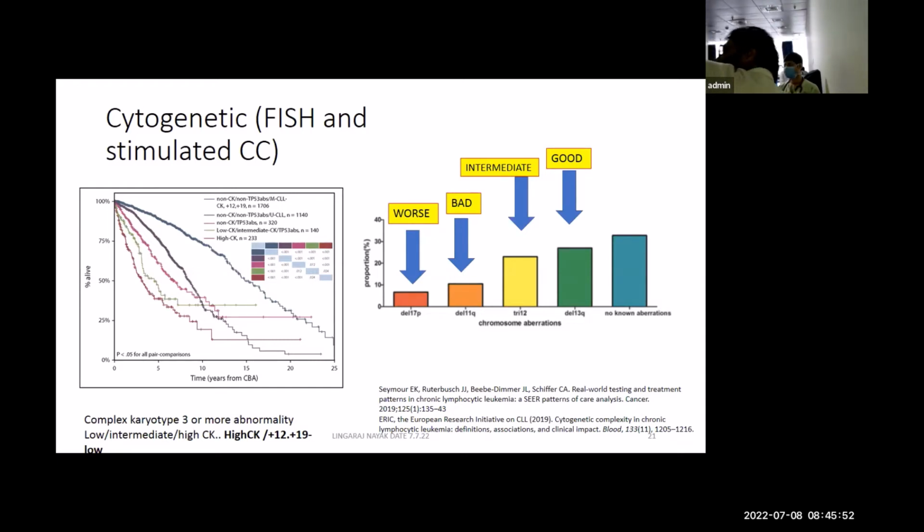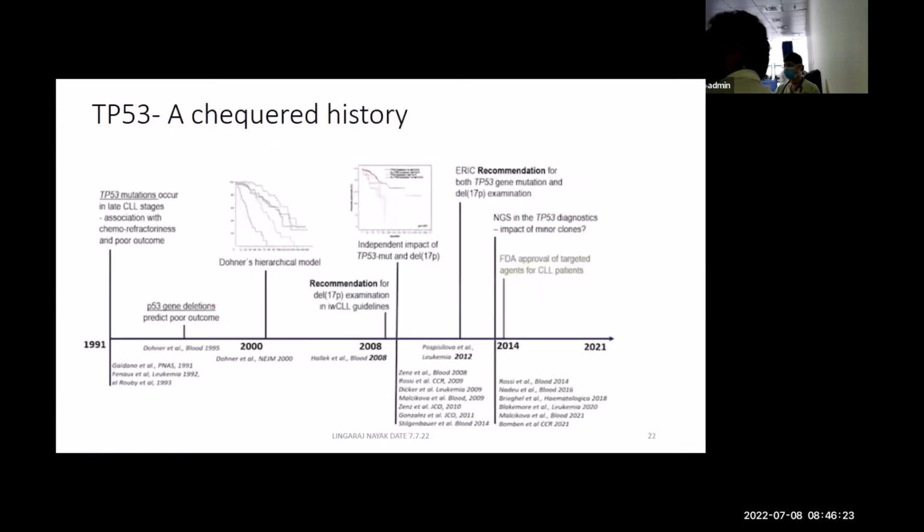Now, this is the graph that I have shown you from the ERIC CLL network, where they have done the conventional cytogenetics, the so-called stimulated conventional cytogenetics, and found out what its relevance is. They have divided the cytogenetic abnormalities into 3, 5 or more. Depending on that, they have made names like complex karyotype, low complex karyotype, high complex karyotype. It has significance only in prognosis. If somebody asks after the class, I can explain it, but I'm not going into detail now. Just remember that it is difficult and not done routinely. It's only prognostic.